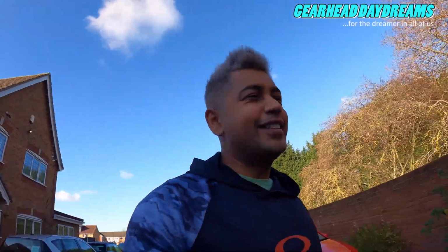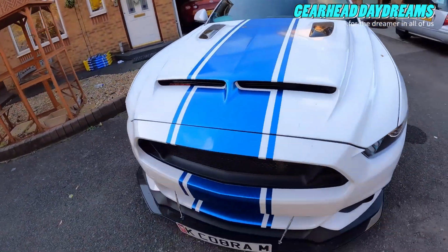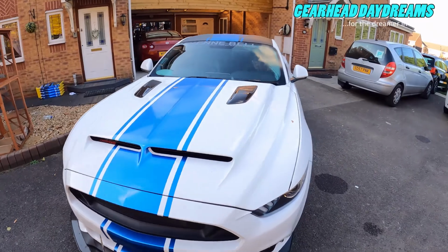I mean, sitting inside the car when you put it, it looks cool. It makes me feel cool, and it's one of my favorite mods. So it is what it is, and I like it. And moving further back, so obviously I've got the Super Snake stripe, which goes on the top and onto the